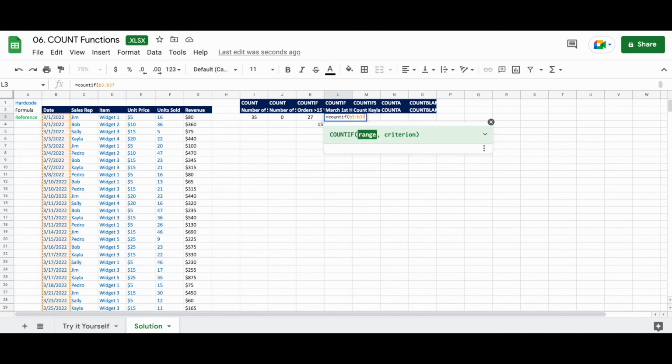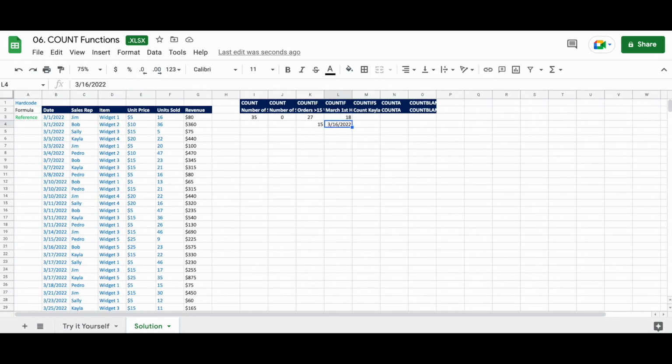Then we're going to do our comma, and then it's going to be open quote, less than, close quote, ampersand L4. Close our parentheses there, and you'll see that there is a 0 there, and that's because there's no date. So let's go to L4, and we're going to put in 3/16/22, and we see that there were 18 sales in the first half of March.